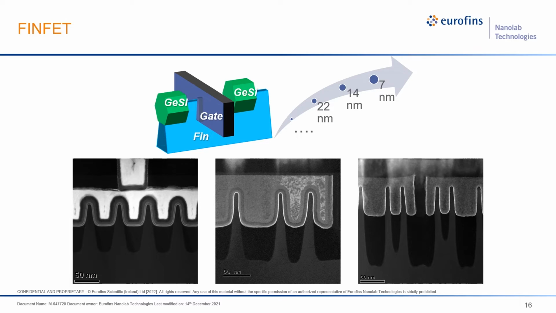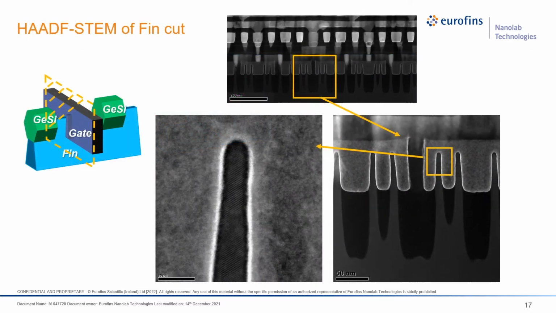So here are our data of 22nm, 16nm, and 7nm FinFET. You can clearly see in all images the silicon fin, the trench oxide, high-K metal gate, etc. We will focus on the 7nm today. FinFET is a complex 3D structure. So we will do FIB sample preparation at different locations with different views for you to better understand this complex